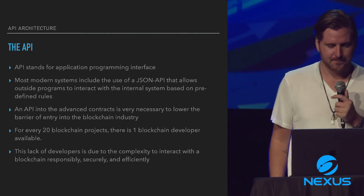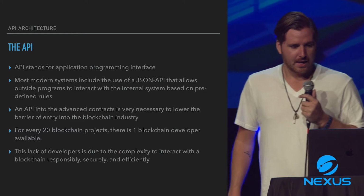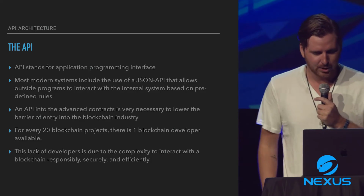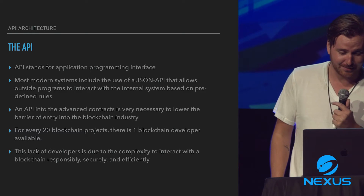Now we get to the API. This is very, very important. API stands for Application Programming Interface. Most modern systems use JSON APIs, and they plug into one another. What it basically lets you do is interact with the internals of a system. Right now, if you want to interact with a blockchain, you have to learn these complex languages, or you have to find a blockchain developer, or, if you're lucky, you find a blockchain developer, I should say, because